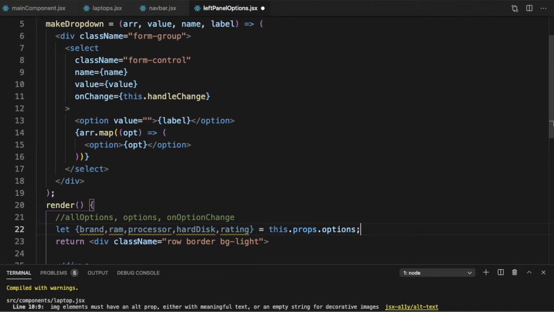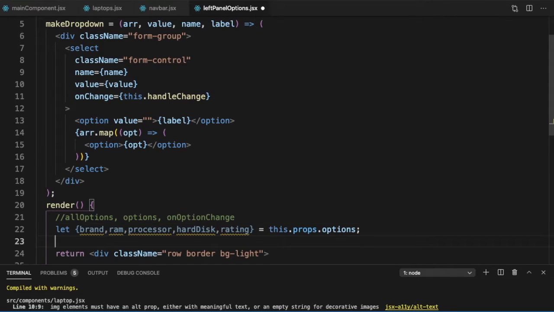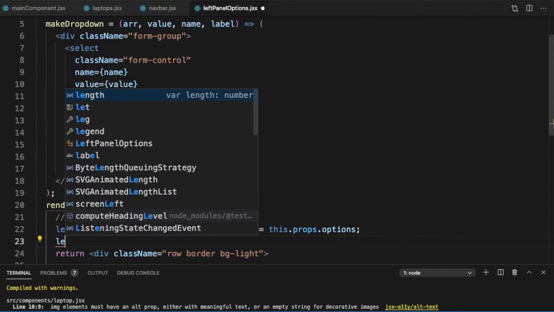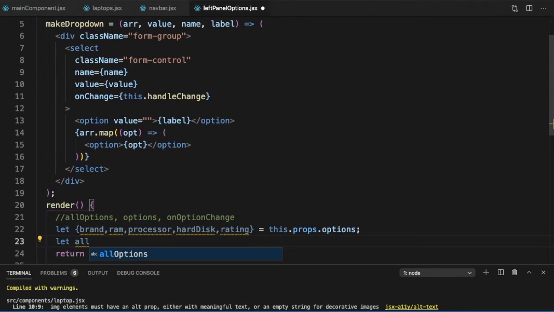So these are the values that have been selected. Second, let's say let all options is equal to this dot props.